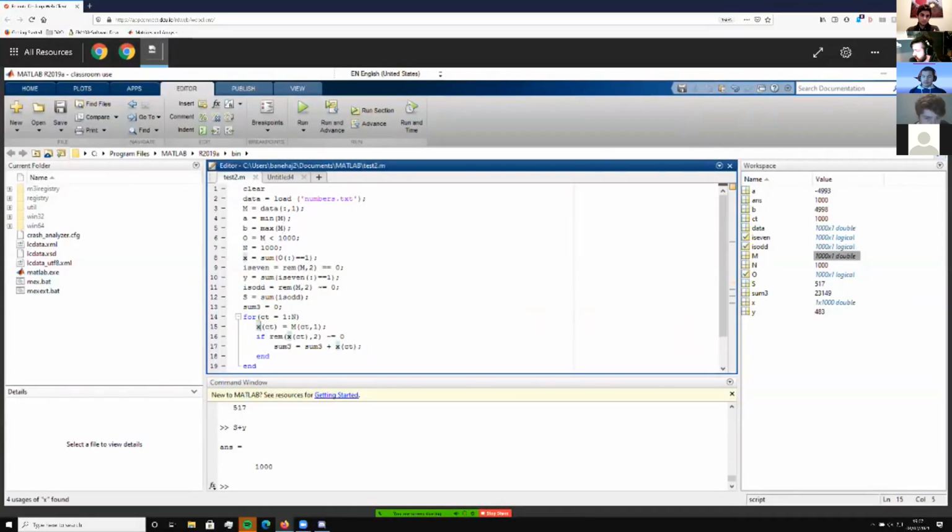XCT, so that's the value that we're on, CT for count, is equal to MCT1. So if you remember up here, we had data colon 1. That's because it's taking every row and the first column. Here, we're taking the CT element of each row. So like we're taking one colon n. So the first time it'll go, it'll be 1, because again, arrays start at 1 in Matlab. So it'll be M11, and I'll take that value.